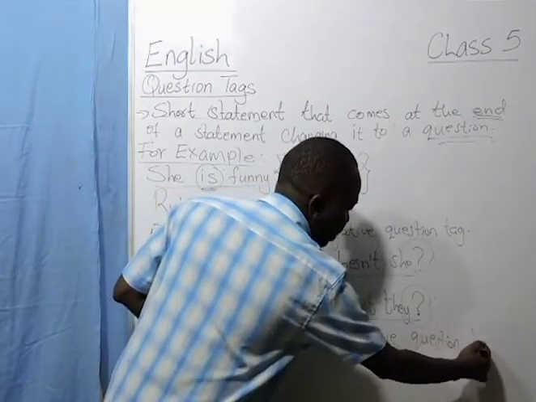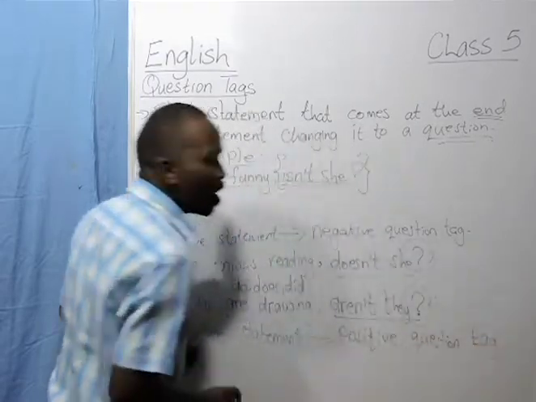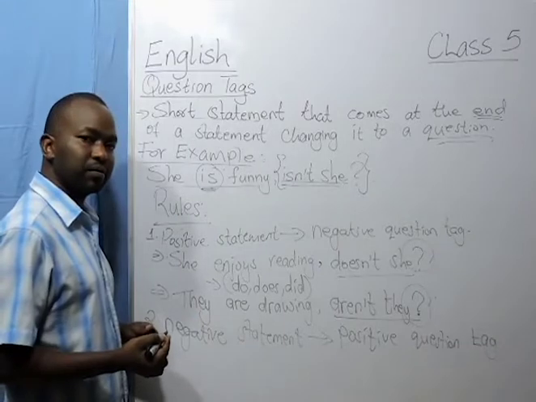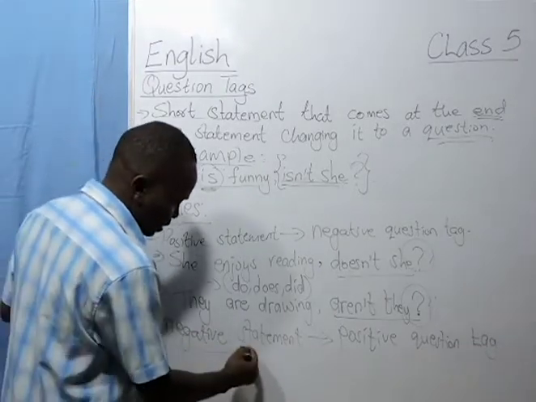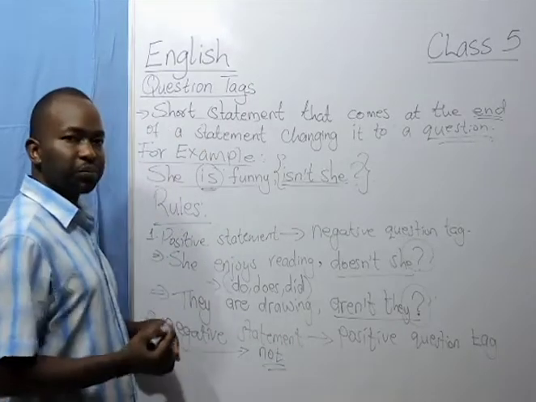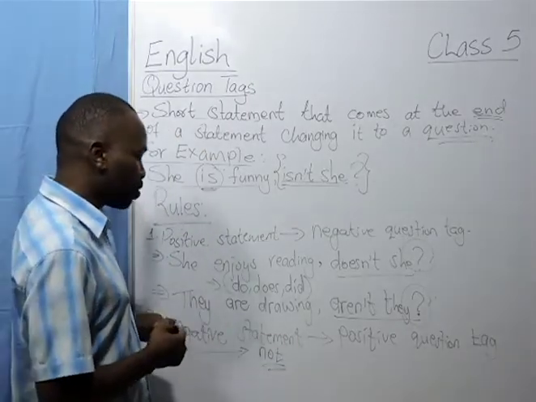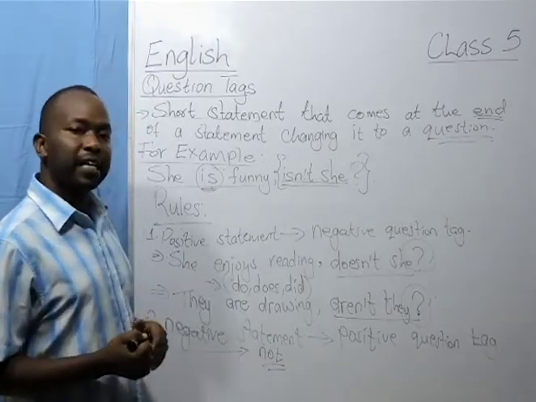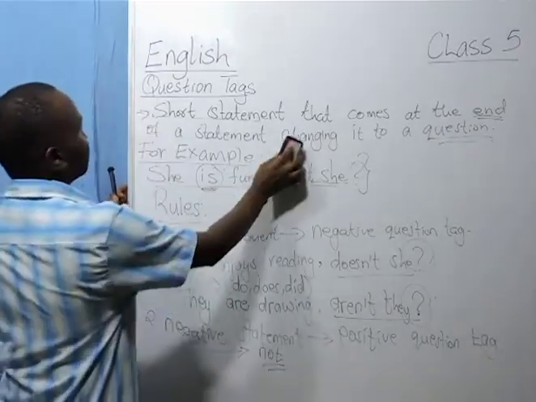Positive question tag. And how are you able to tell that a statement is negative? Yes, somebody has said it. When you find the word not in that statement. The moment you find the word not in a statement, the statement is negative. For example, we